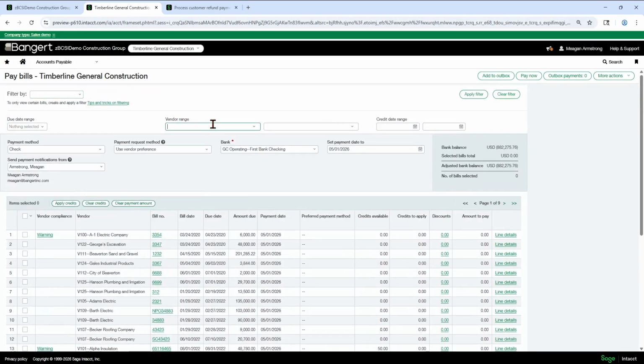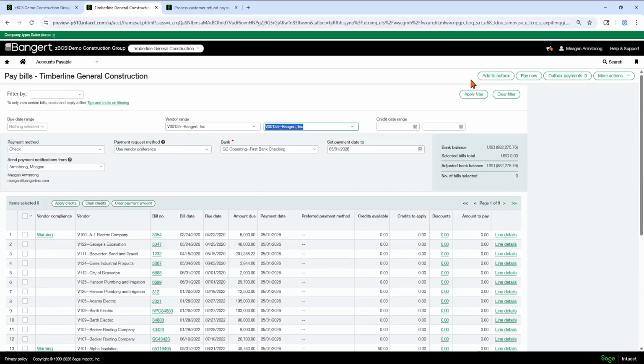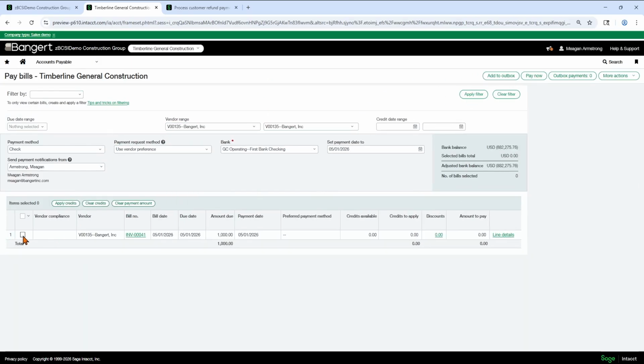Actually, there's a lot of fake invoices here for us. So I'm just going to hit apply. There's our payment and we can select check and pay it just like normal.